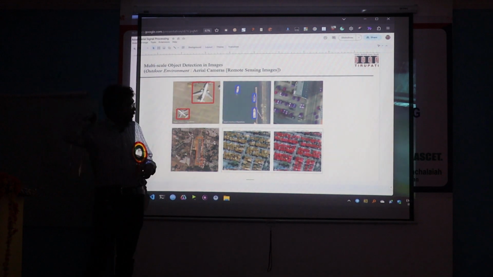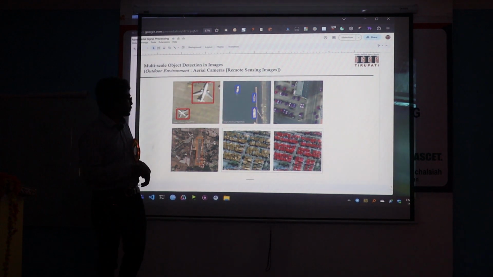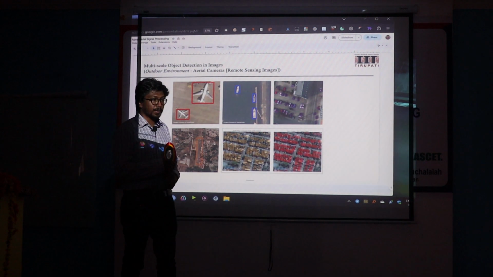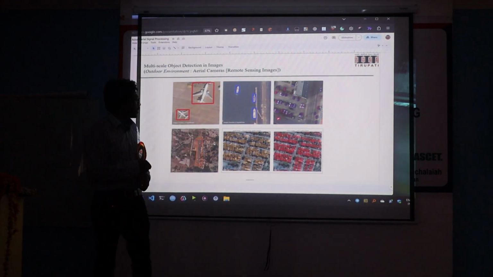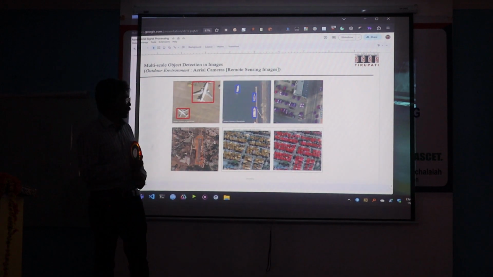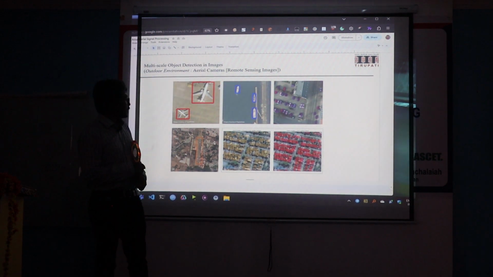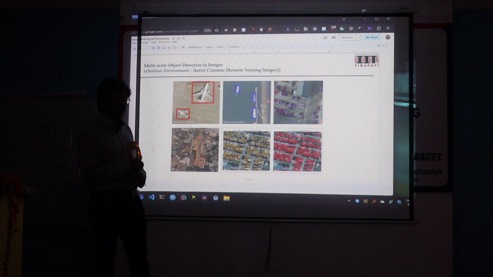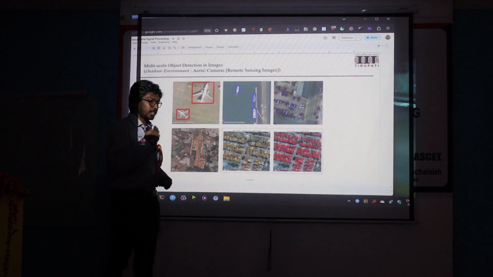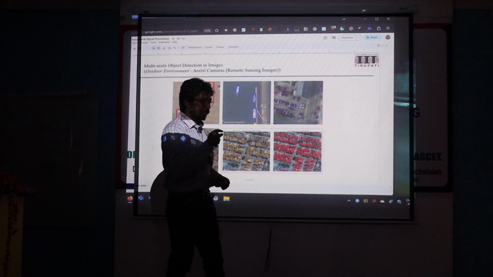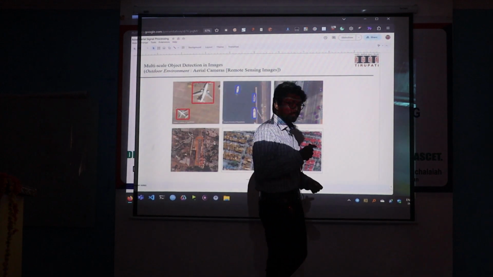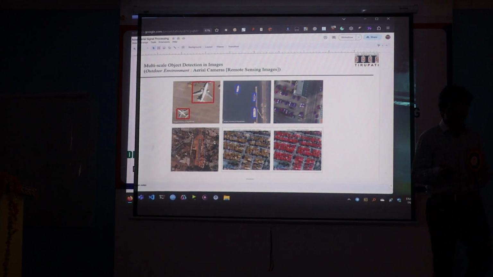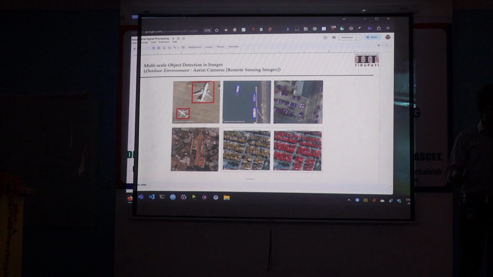So I talked about, now I come to my issue, identifying multiple objects. Generally what people used earlier was they tried to use multiple filters for multiple sizes. It's obvious, right? Because one filter does not work for all sizes. Sometimes some objects are bigger. A truck is bigger than a cycle.